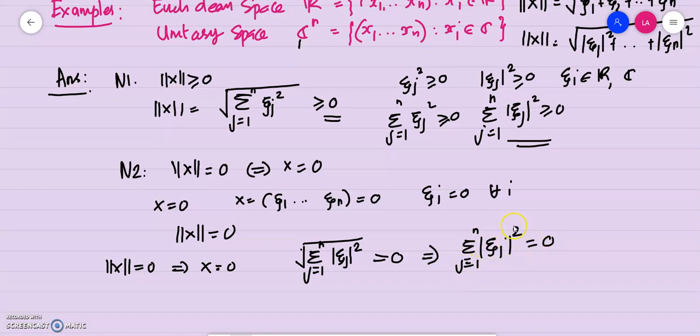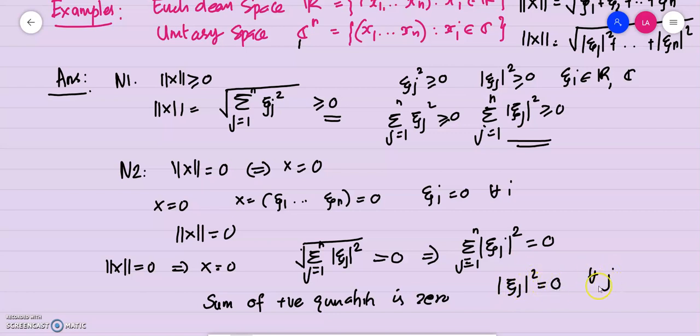Okay, so this is the sum of non-negative quantities. Modulus of theta j square is always non-negative. So the sum of non-negative quantities being 0 implies each of the quantities should be equal to 0. So modulus of theta j square is equal to 0 for all j, which further implies theta j is equal to 0 for all j, which implies x should be equal to 0. So the second condition is also